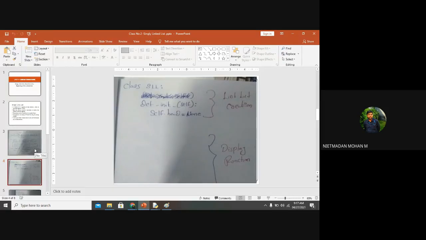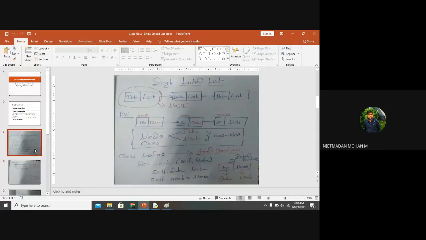So I'm thinking that I should explain once again. Yes. So see this simple point. You all know that when you are creating a list, you enter the element and you create a list. Here it will consist of a linked list. It means that one element will be connected with another element.